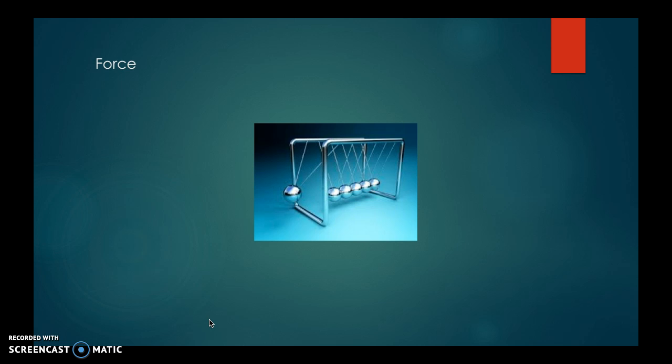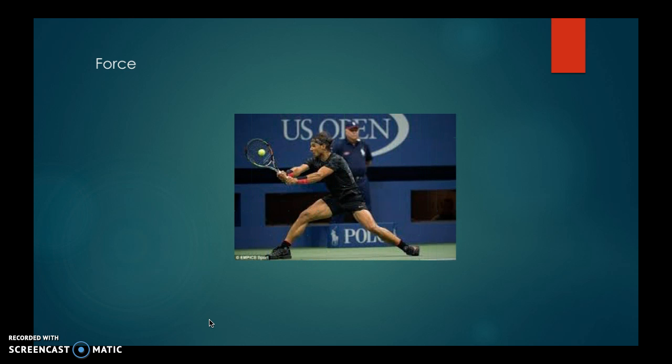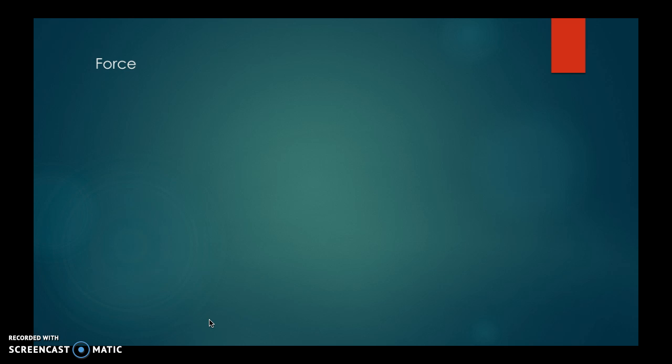Change in direction is also another effect of force, and this is all about an object essentially being stopped by a force and pushed in a different direction. An example of this is when a tennis player returns a serve. Force can also cause acceleration to occur, for example, when a tennis player hits the ball or when a basketballer